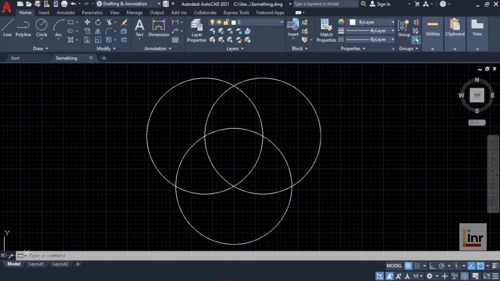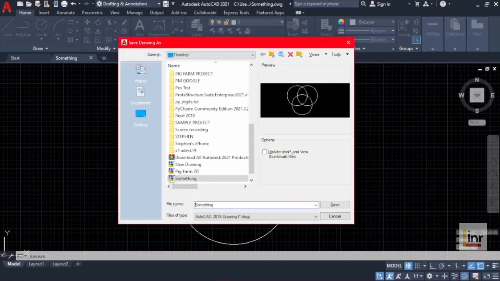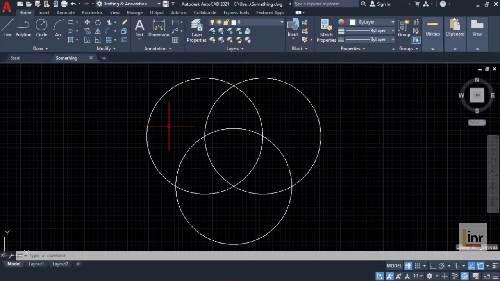Another way to save as in AutoCAD is the standard way to save as. You use Ctrl+Shift+S and it opens the window for you to save as. So you give it a name that you want it to be in. Currently, we have our something as the name of this drawing. So we can close this. Then subsequently, when you want to save your drawing, since you've given it a name, you just use Ctrl+S and